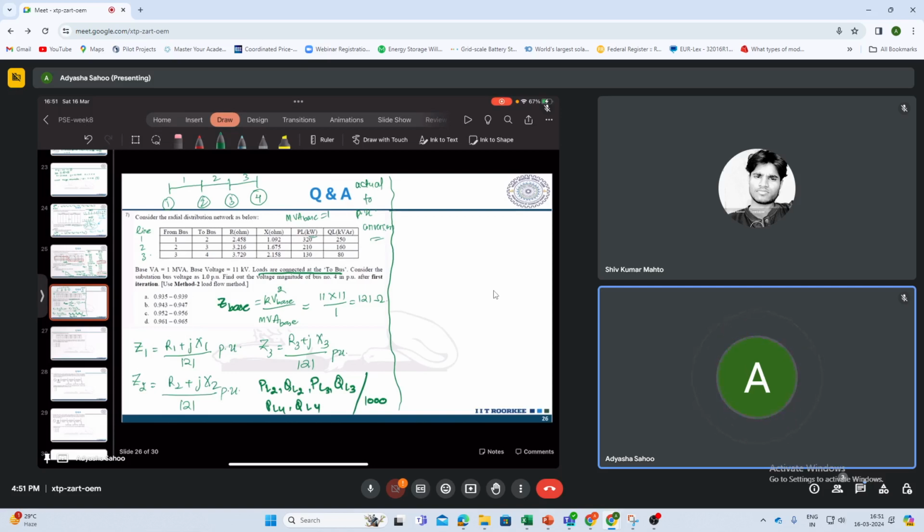Okay, I hope this was clear. Now for method 2, what you used to do, first we'll assume losses are 0, right? So P loss, Q loss for the first line is 0. For first line, second line, third line in the 0th iteration is 0. Now for line 1, so sending end is 1, receiving end is 2. So if you remember the formula for A and D, that was A_JJ, means line 1,